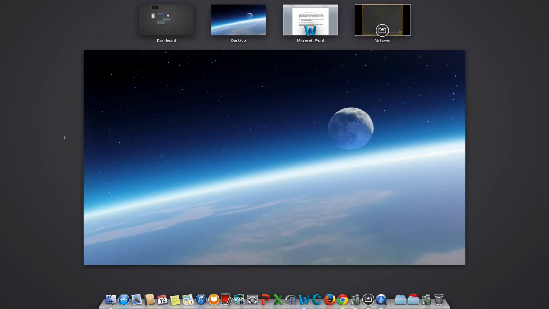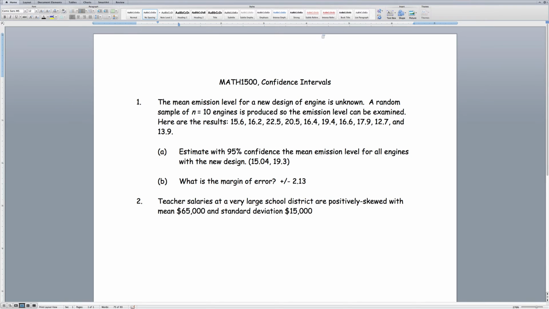The next problem deals with percentage of homes with internet service or high-speed internet service. So let's go take a look at the